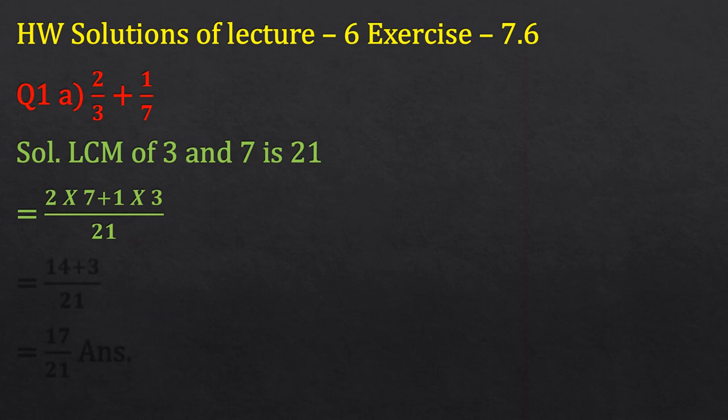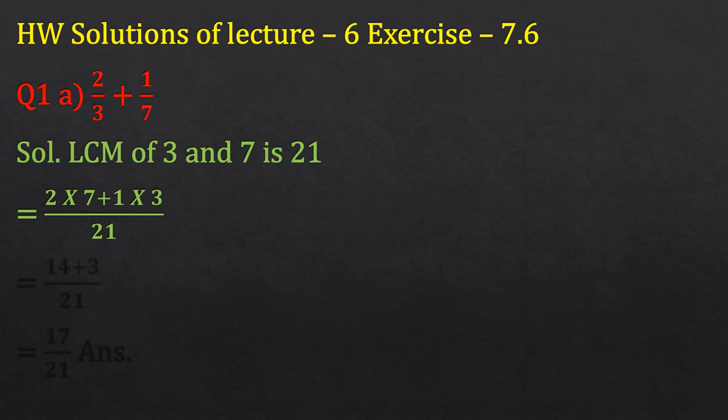Now write down 21 once as a common denominator. Now see how we will do. See the first fraction only, 2 upon 3. Take its denominator 3. Now divide 21, that is the common denominator, by 3. I am repeating, divide 21 by 3, you will get 7. Multiply this 7 by 2, that is the numerator of the first fraction. It is 2 multiplied by 7.